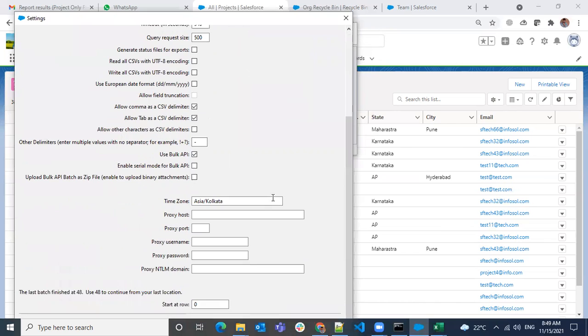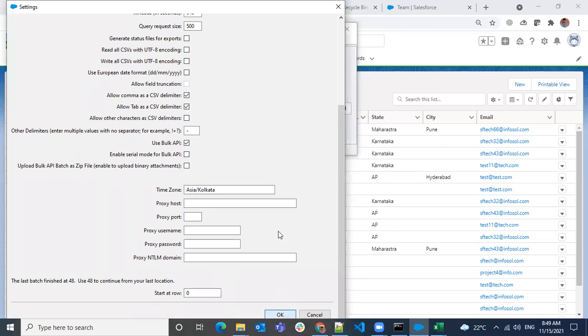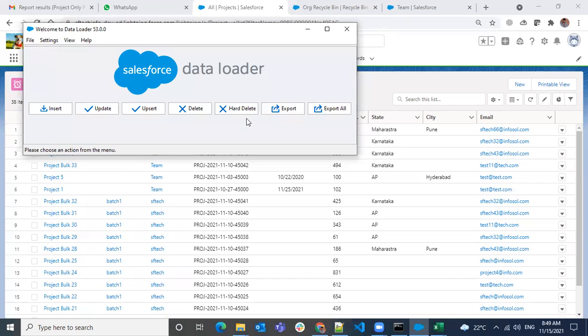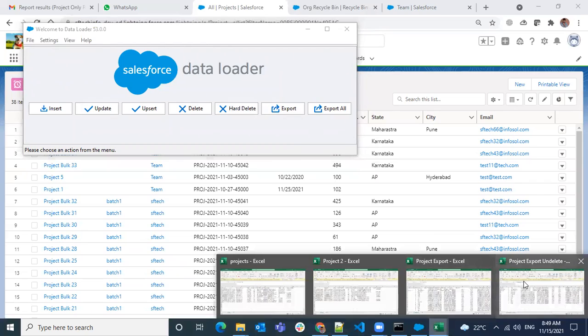If I use the Bulk API, I think I see it. Yes, hard delete is enabled only when you use the Bulk API, and when you do this hard delete, it will not store those records in the recycle bin either. So let's try some records to do a hard delete.